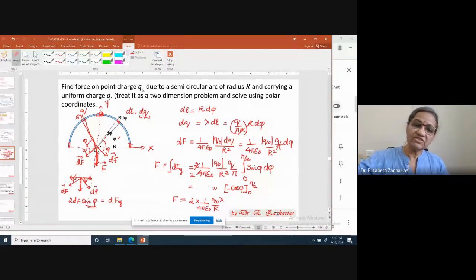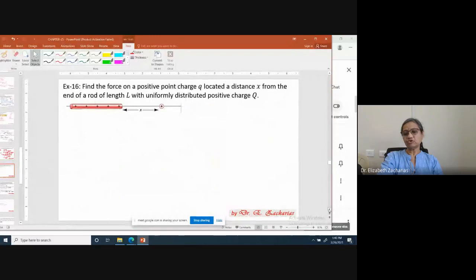Next, I will give you a problem which is simpler than this. Let's try that. Please come to the class with a pen and a pencil so that you will be able to work out. Only then, otherwise you are not engaging with the class. Now try this. This is truly a one-dimensional problem. Read it. How is it different from what we have seen in the past? You must tell me.